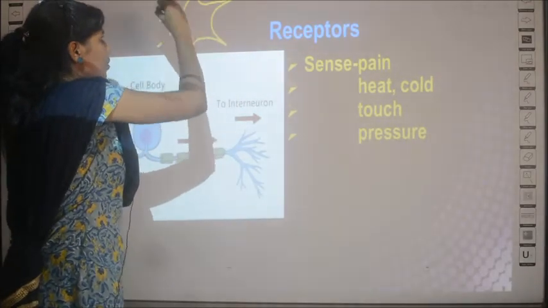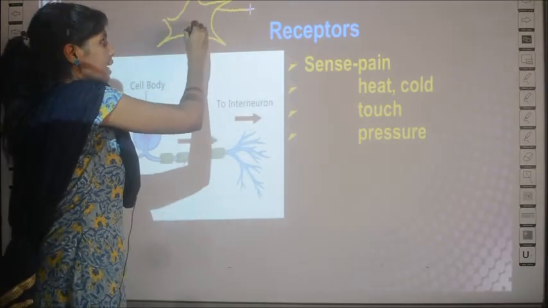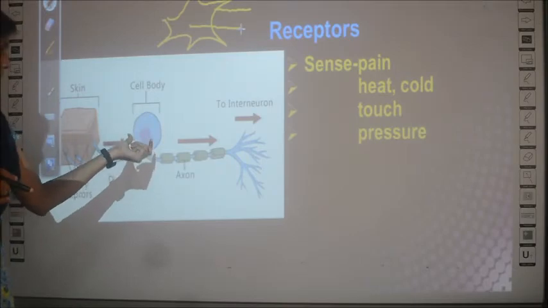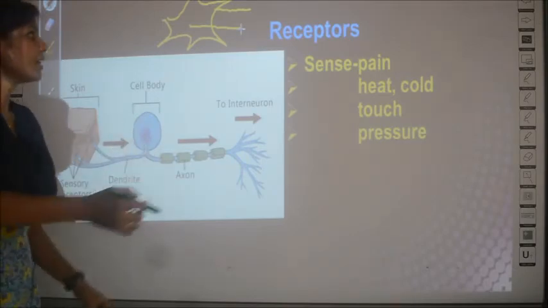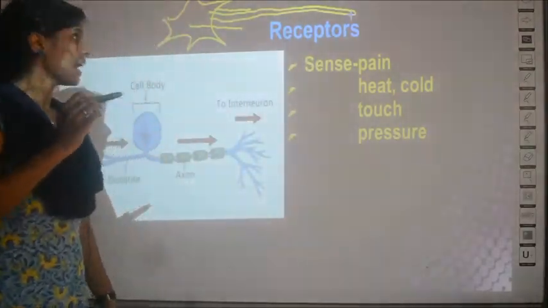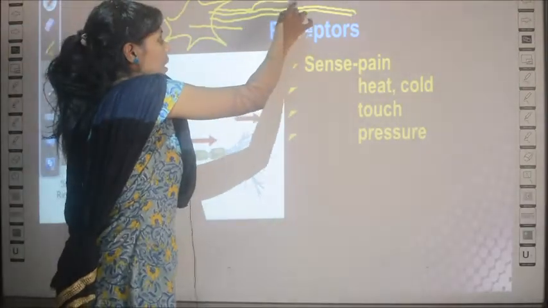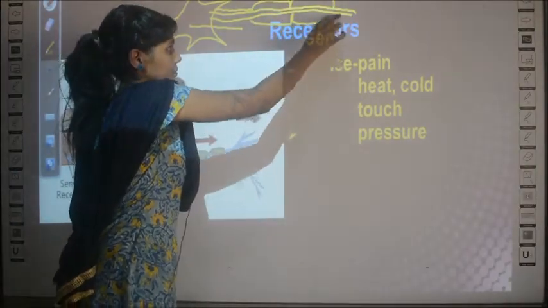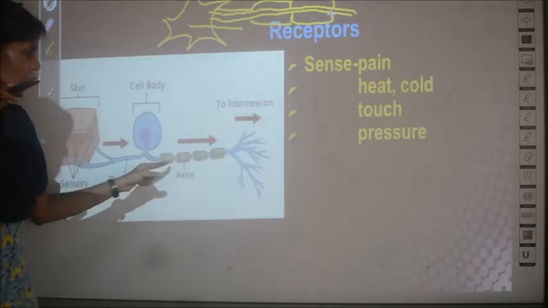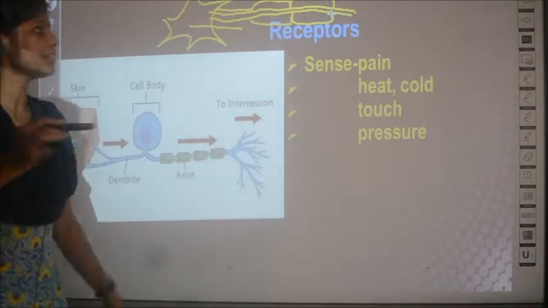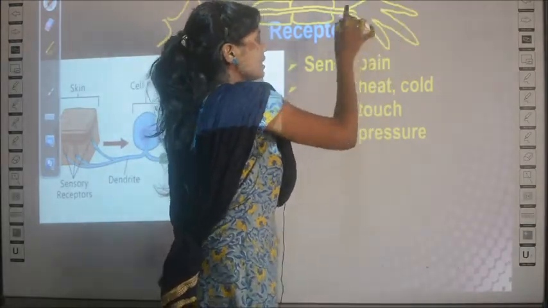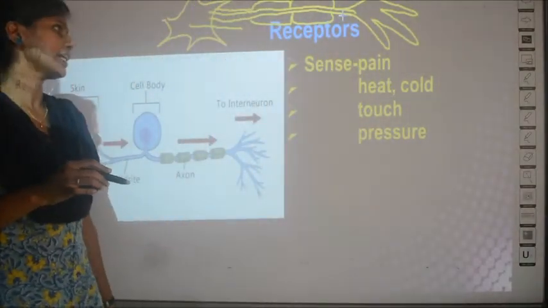So usually a neuron has dendrites like this, and the middle portion is called the cell body. Here the dendrites are not represented. So this is the cell body, and this long tail-like structure is called the axon, right? And the axon is covered by myelin sheath. The blue tail-like structure is the axon, and it ends in nerve endings, like this. It is called the nerve ending.